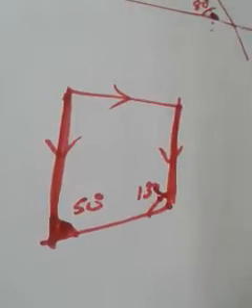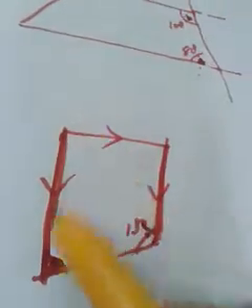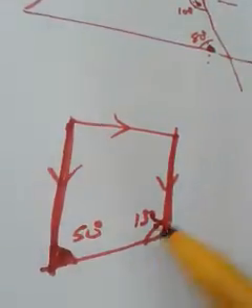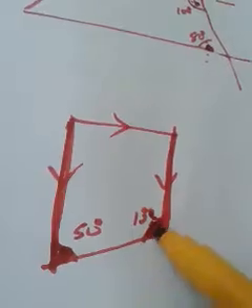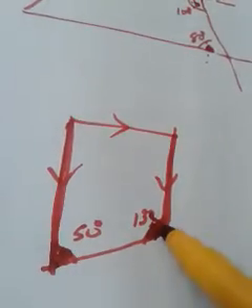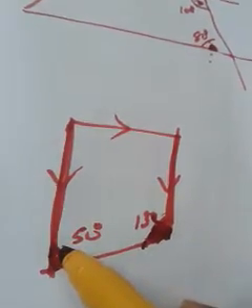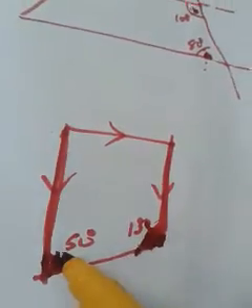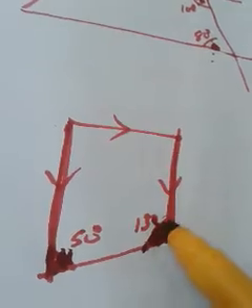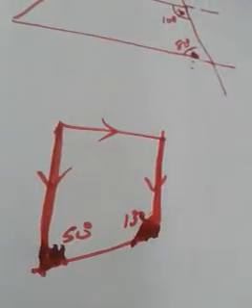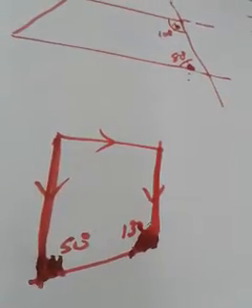Once again, let me repeat. See, it is given that these two lines are parallel. If these two lines are parallel, if you consider this as a transversal, this angle and this angle are angles on the same side of transversal. So sum should be 180. Out of that, this angle is given. So next angle you can easily calculate, because you have to find an angle such that sum should be 180, because both are angles on the same side of transversal. In that way, you have to solve the remaining question.